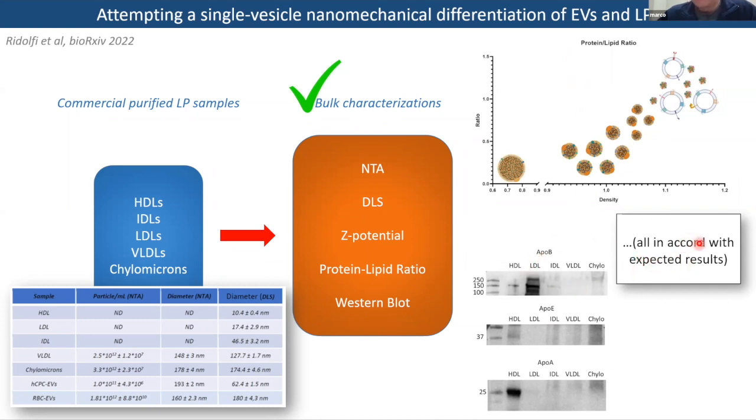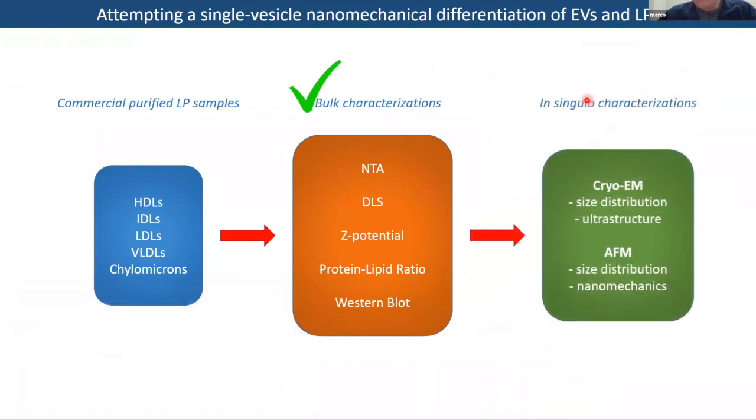all the expected results were collected in terms of the expected markers, in terms of the protein-lipid ratio, and also in terms of the zeta potential, which was reproducibly negative for all the LPs. And one thing to notice, for instance, is that NTA wasn't able to reliably track the smallest LPs at all, okay? So once this check was made, we went on with singular characterization of individual particles, starting with cryo-EM